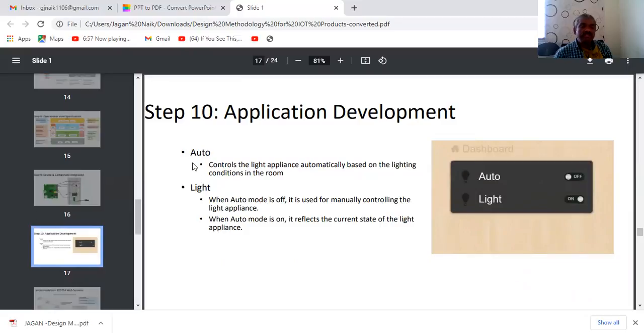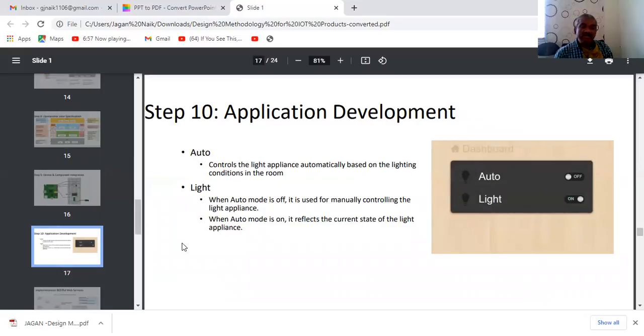So we are going to develop the application to control the light appliance automatically based on the lighting conditions in the room. That is, automatically control the light appliances or lighting condition in the room.